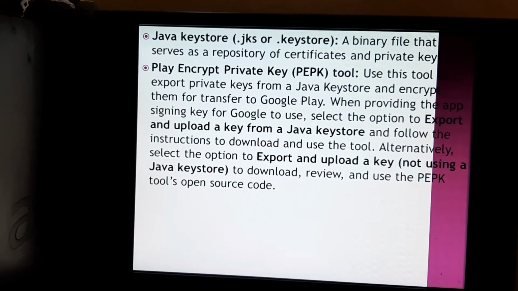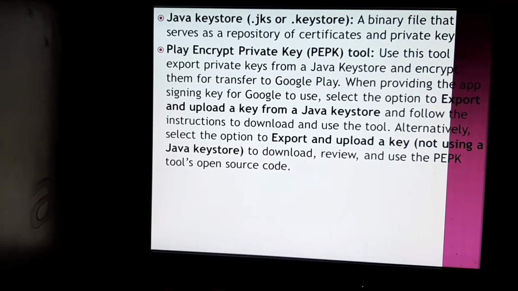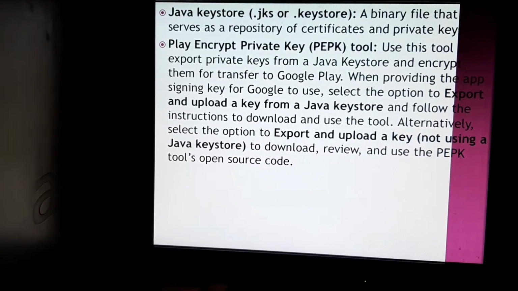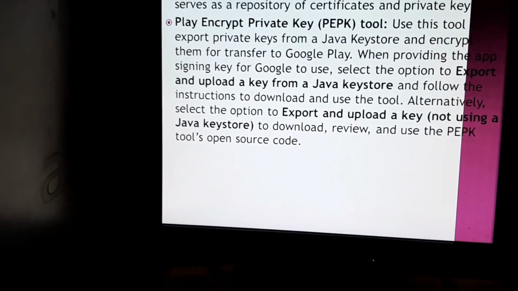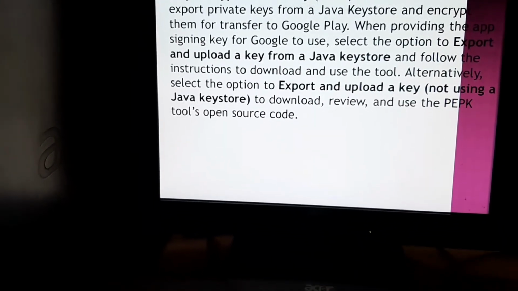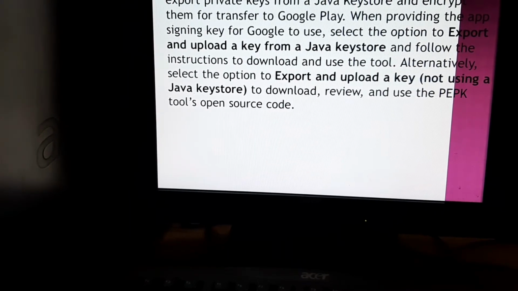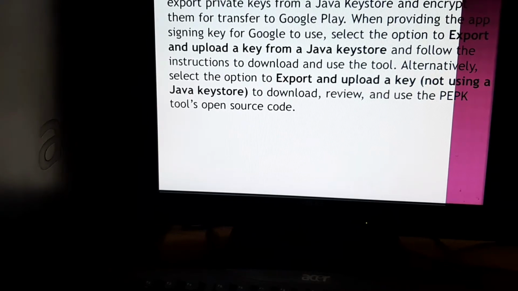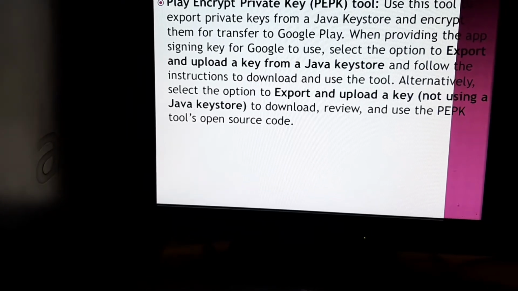Use this tool to export private keys from a Java keystore and encrypt them for transfer to Google Play when providing the app signing key for Google to use. Select the option to export and upload a key from a Java keystore and follow the instructions to download and use the tool.